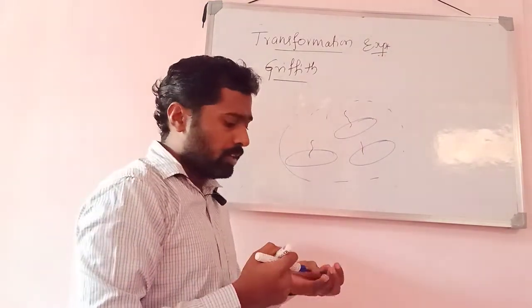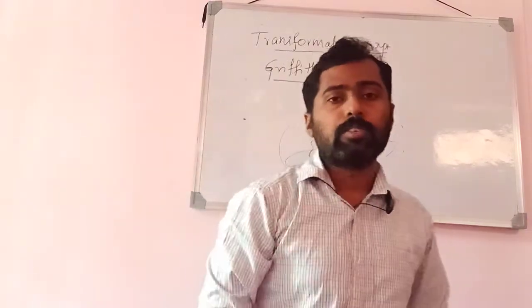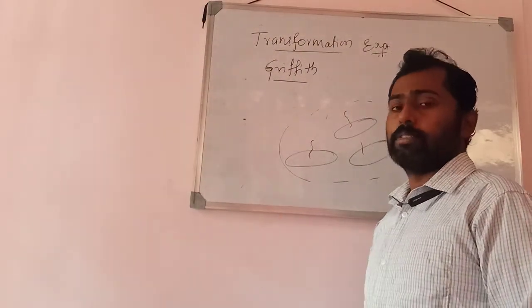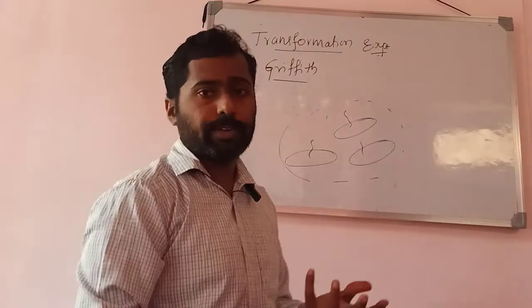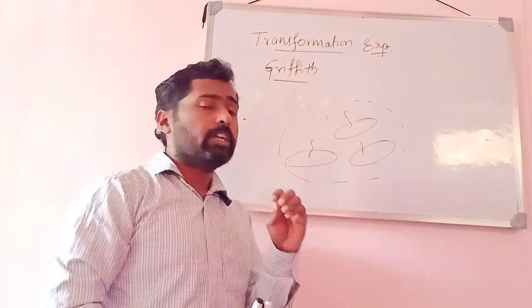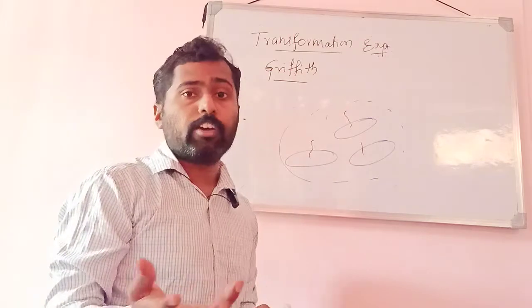You have studied conjugation, transduction and transformation in your previous year, isn't it? Conjugation involves the fusion of two bacterial cells to transfer the DNA, whereas transduction involves a vector, which is called a bacteriophage. But here, there is no need for two bacterial cells to conjugate, and there is no need of a bacteriophage.